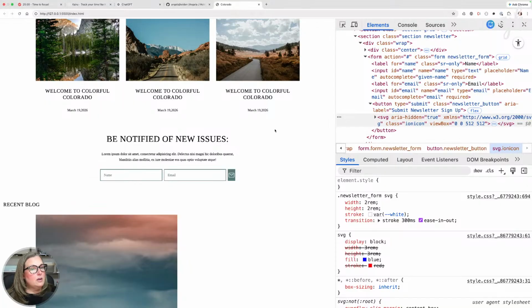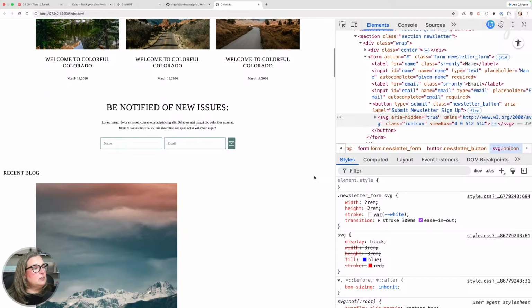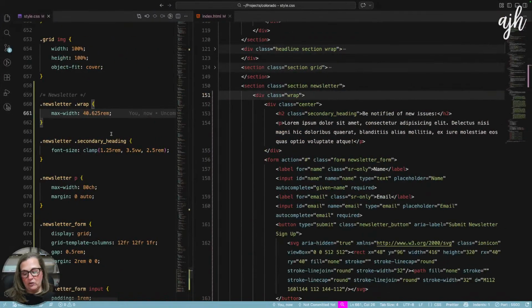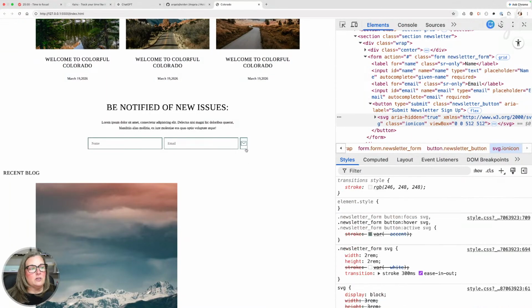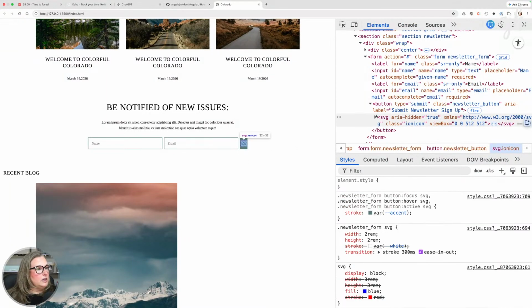So, okay. I think 650 is a little narrow here, so I'm actually going to change this to 768. Let's see what that is. 768 divided by 16 is 48. And we can adjust our grid template columns if we need to, and we do need to, because this is a little too skinny here.